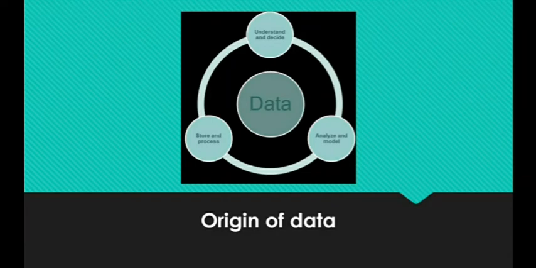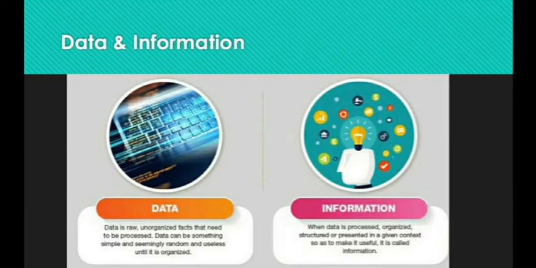Coming to the data, data is a raw fact or unorganized fact that is required to be processed. So your data is unprocessed raw data. Only by taking the data, I cannot come to a conclusion, so by data alone there is no meaning. Once it is processed, then we will get some meaningful information. That information we call the processed form, and data is the unprocessed form.